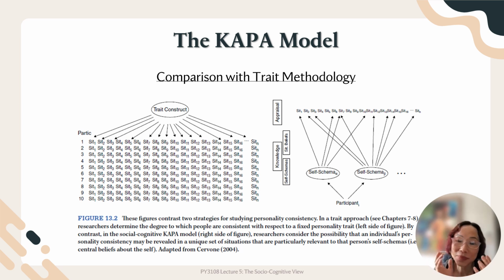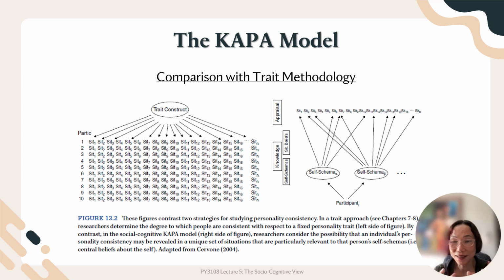It's not just, for example, situations 1, 2, 3 being only self-schema A. No. Situations 1 to 3 may have the influence of self-schema A and self-schema B functioning together, and then situations 4 to 5 maybe have schema A, schema C, and schema B, schema C,